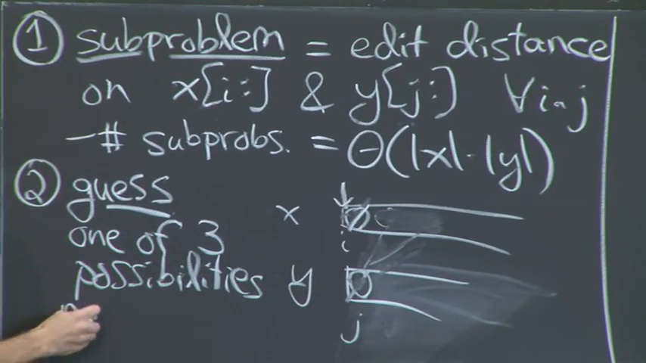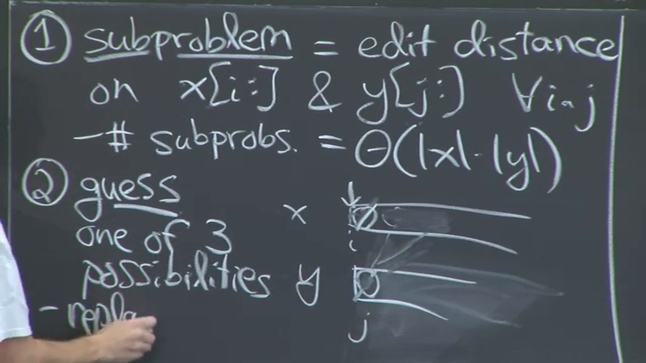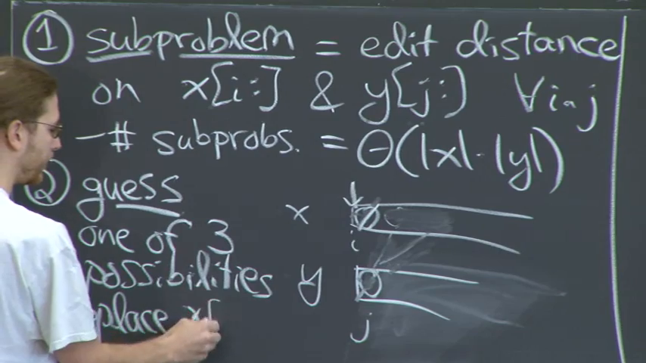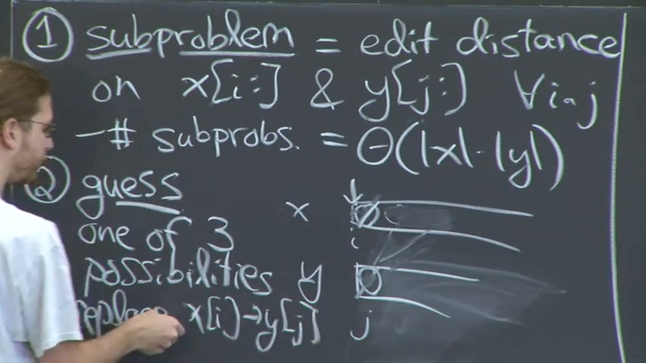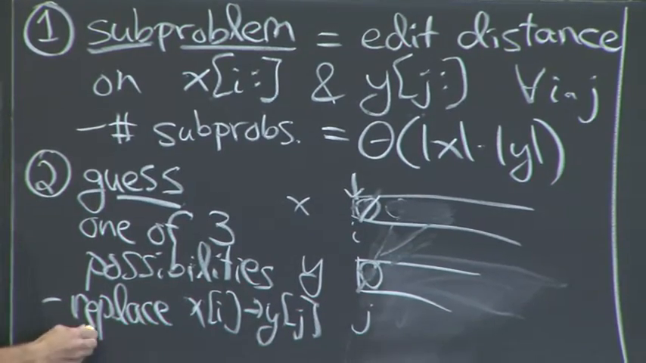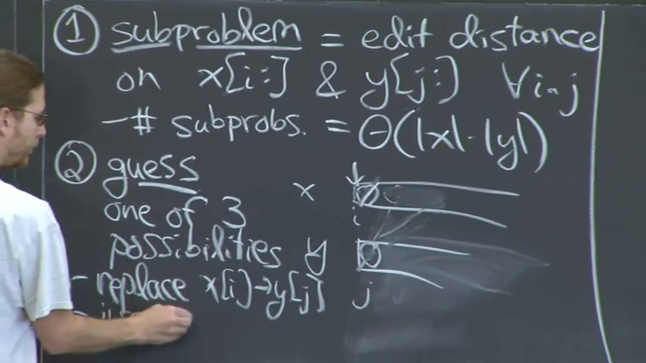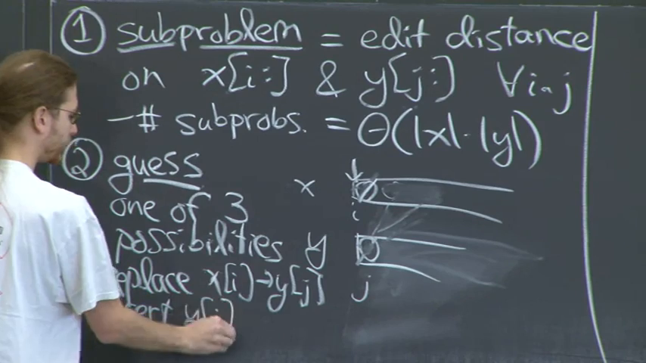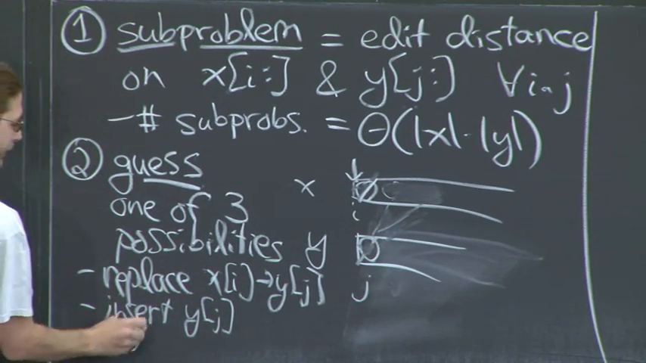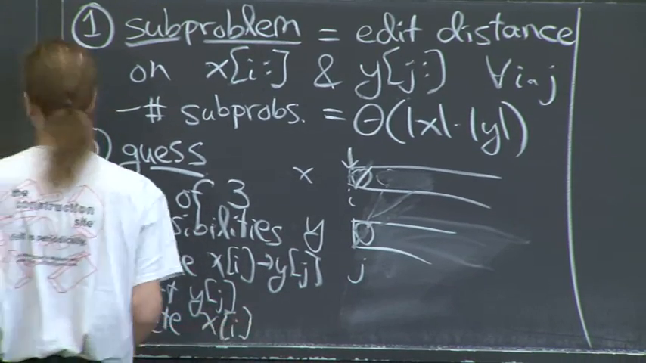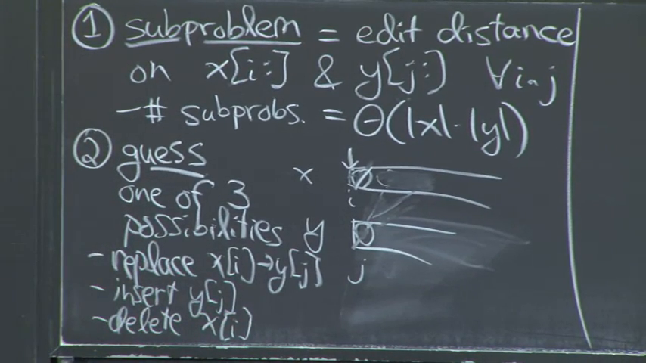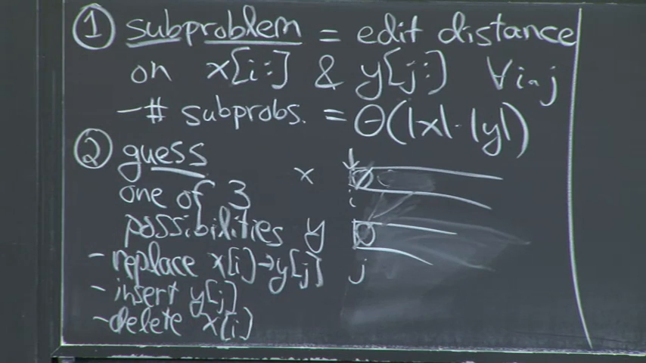So it could be we replace xi with yj. So that has some cost, which we're given. It could be that we insert yj at the beginning. Or it could be that we delete xi. You can see that's definitely spanning all the possible operations we can do. And if you think about it long enough, you will be convinced this really covers every possible thing you can